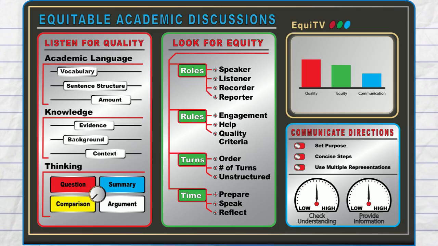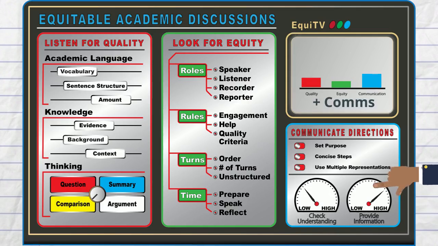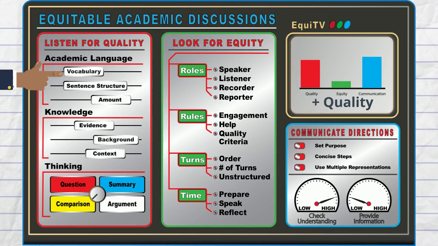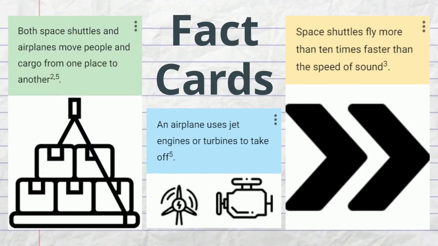Let's practice using our adjustment console. While listening to peer discussions, the teacher notices student responses lack detail and information needed to understand the task that the students are about to begin. The teacher stops the students, offers a model discussion response, and then asks students to include the information from a fact card in their discussion response. The fact cards provide both the vocabulary and information that students need.